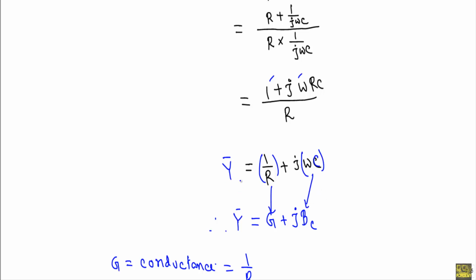Therefore, I can express the total admittance Y equal to G plus jBC. This is how we use the branch impedances to calculate the total